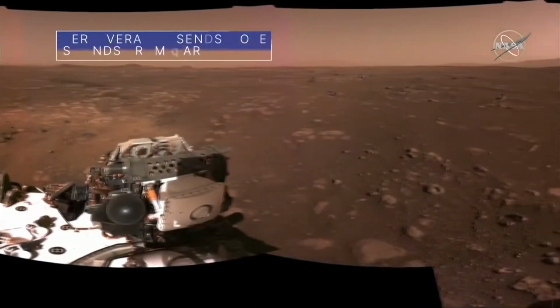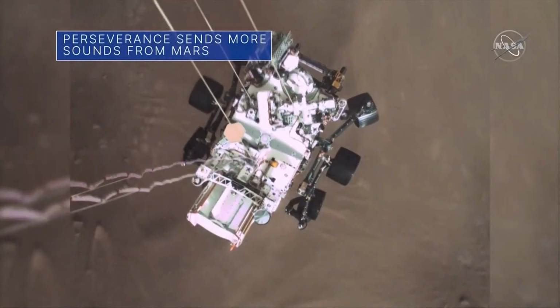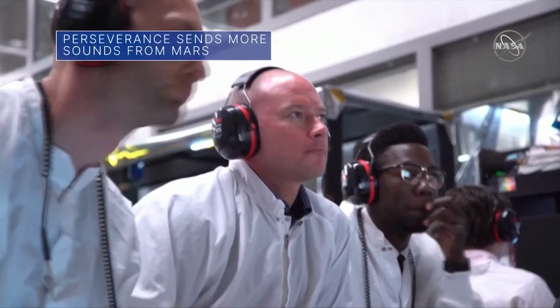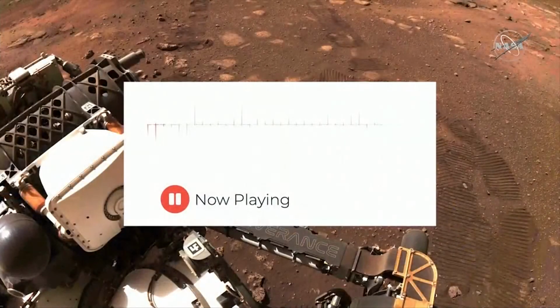Our Mars Perseverance rover has beamed back more sounds it has collected since landing on the Red Planet on February 18th. In this latest batch of recordings made by the rover's SuperCam instrument, you can hear